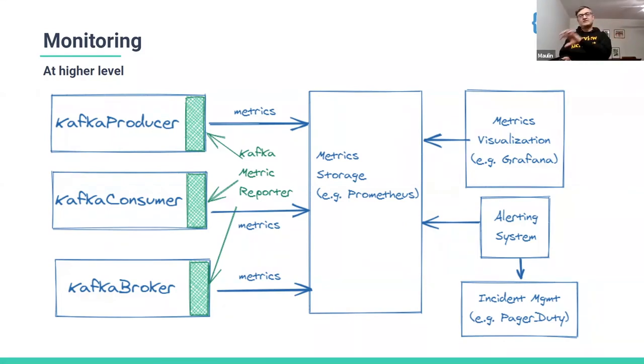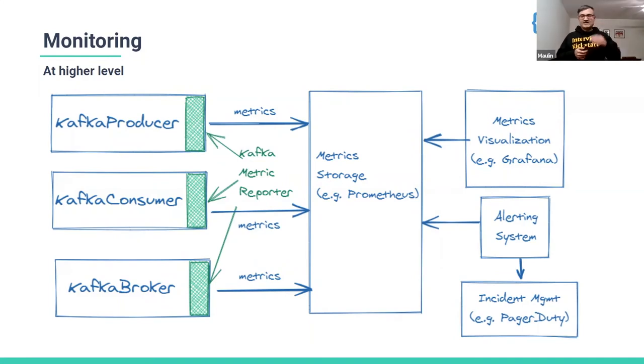Then you can use this pluggable class to say, okay, now I have my own reporter to move the data of these metrics somewhere else, which is my metric system, like Prometheus. So you move all this data to a metric storage system. Depending upon the solution and the context, Prometheus provides you the visualization tool, or you use something like Grafana to visualize these metrics. But one way or the other, you need a way to see those and do some aggregation based on the time you want to see the metric.